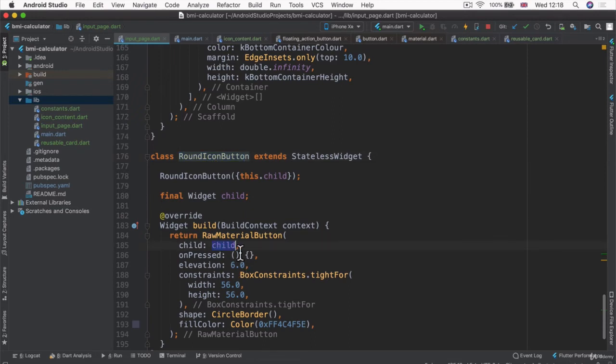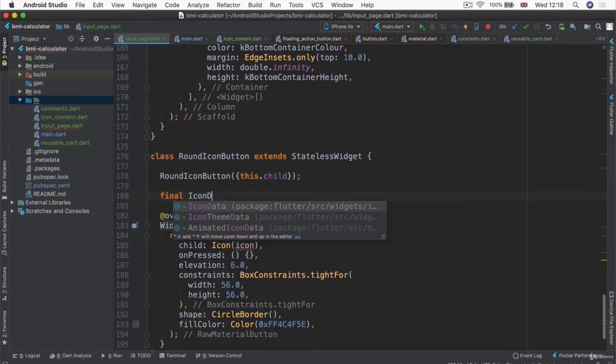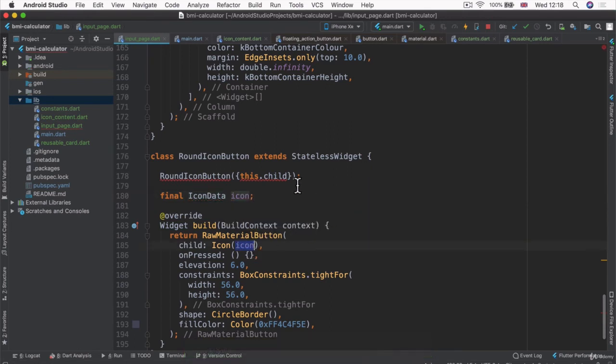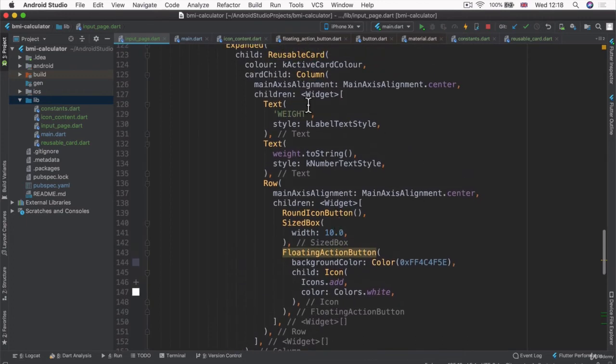So why don't we make our lives easier and just change the child to an icon widget, and then only the icon data needs to be passed in. So let's change our property from widget into icon data, and we'll just call it icon so that we can pass it in here. And we're going to initialize icon instead of an entire child with the icon widget and all of its family. Now we can go into our round icon button and specify an icon,